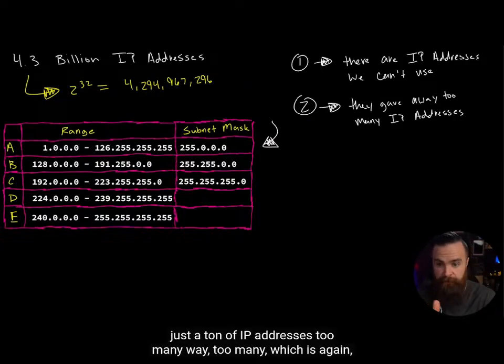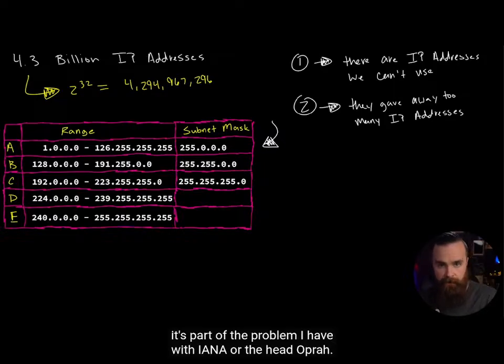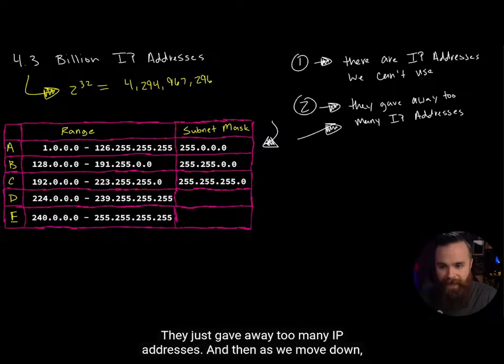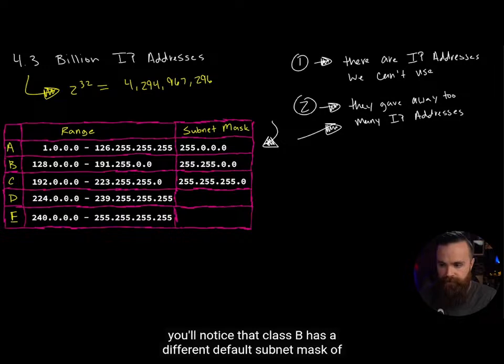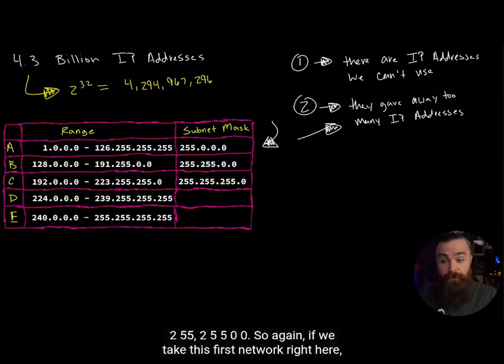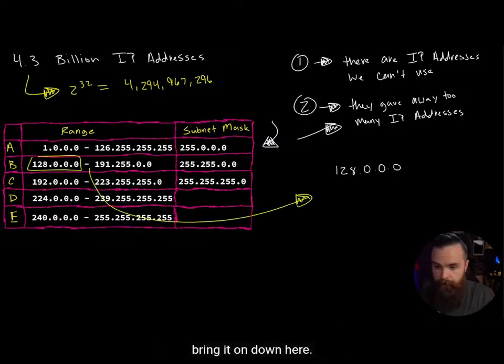Way too many, which is, again, part of the problem I have with IANA. They just gave away too many IP addresses. And then as we move down, you'll notice that Class B has a different default subnet mask of 255.255.0.0. So again, if we take this first network right here, bring it on down here, it might look like